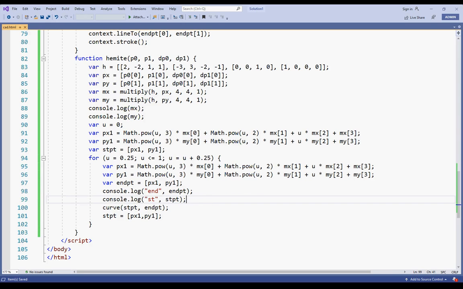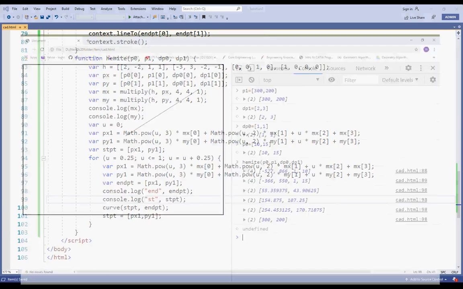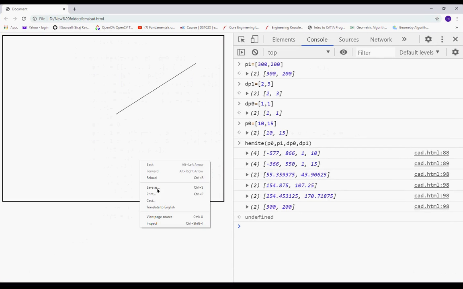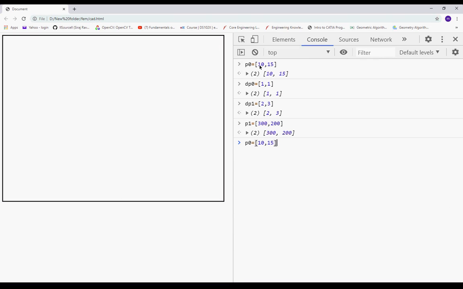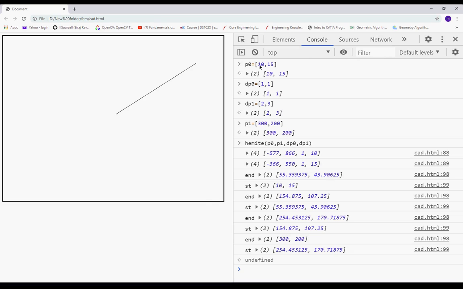Okay, so let's hit save and reload. P0, DP0, DP1, P1, then Hermite. Okay, so my start is 10, 15.